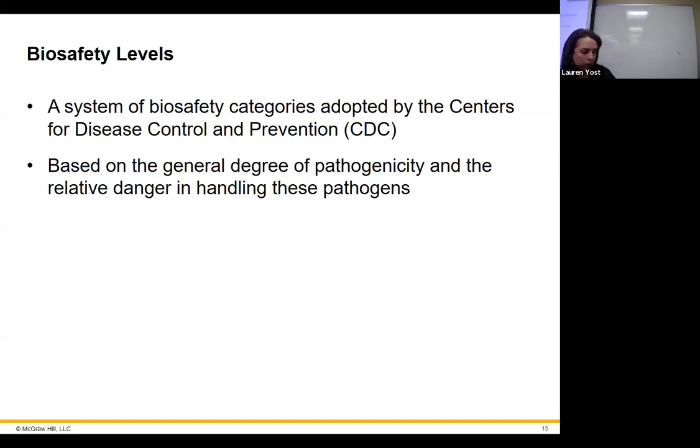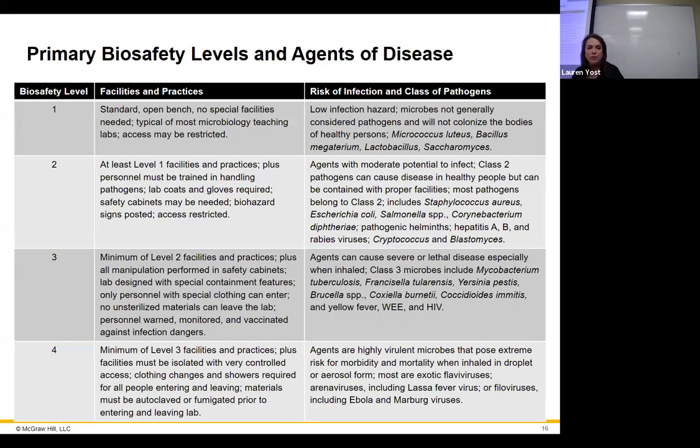BSL-1, like we have next door, you are dealing with things that could potentially be opportunistic pathogens. So you just take precautions just in case. That's basically what it's about. You don't even really have to wear any gloves or anything like that, like we don't. The strains, even the stuff that we're working with, might be called Staph aureus, might be called E. coli, but they are non-pathogenic strains. They don't have any of the genes that allow them to cause infection. So in BSL-1, we handle living organisms, and we need to be sure that we're cleaning up after ourselves and handling things aseptically just for the sake of science and our environment, but there's no real risk there typically. Okay?